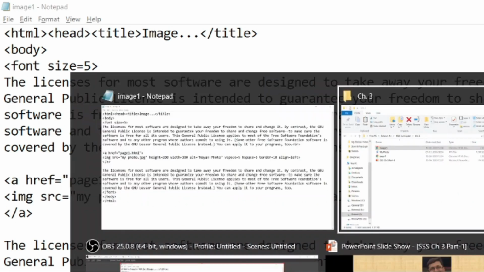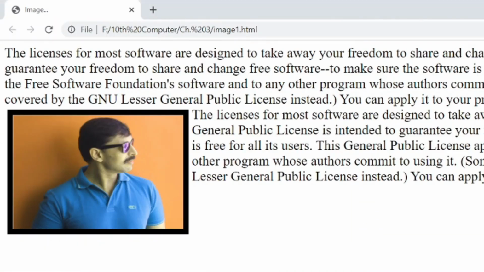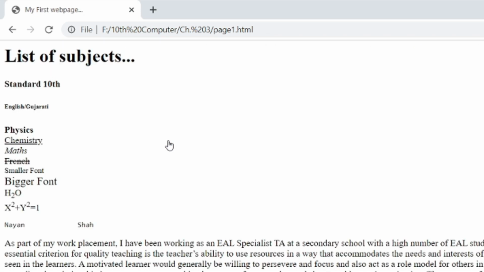Save this, come to the browser and refresh it. Now you can see it is having a blue border, the color of the link, because the entire image is a link. If you move your mouse on the image, your mouse will become a pointing hand, that indicates this is a link, and click anywhere, it will open page1.html, the first file which we studied in chapter 1.